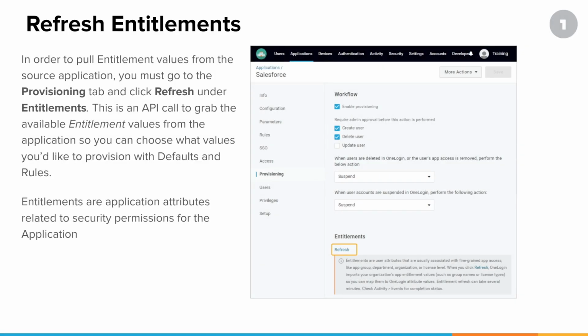Once you have enabled provisioning, then you can do the magic of refresh entitlements. Again, what does that mean? Well, the physical step means click on where it says refresh down there at the bottom. What's it going to do at that point? Well, it's going to take that API connection that you set up and go and connect to the application and